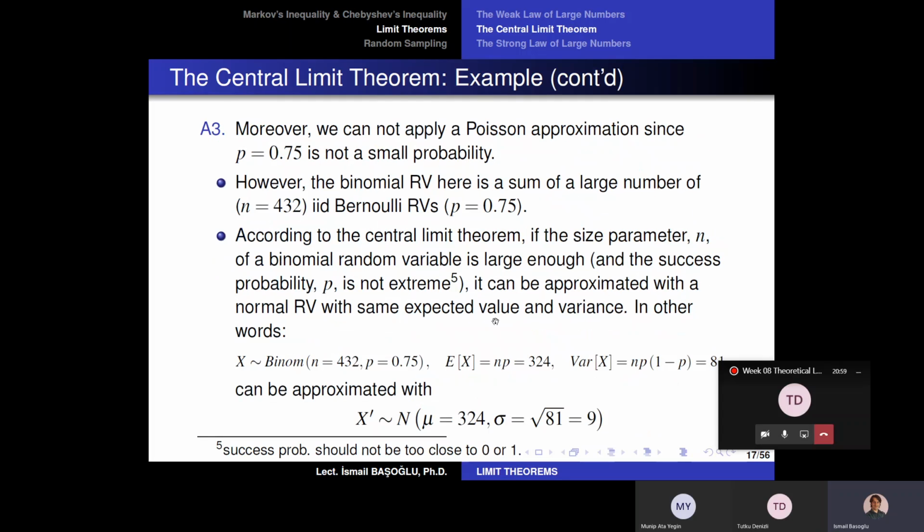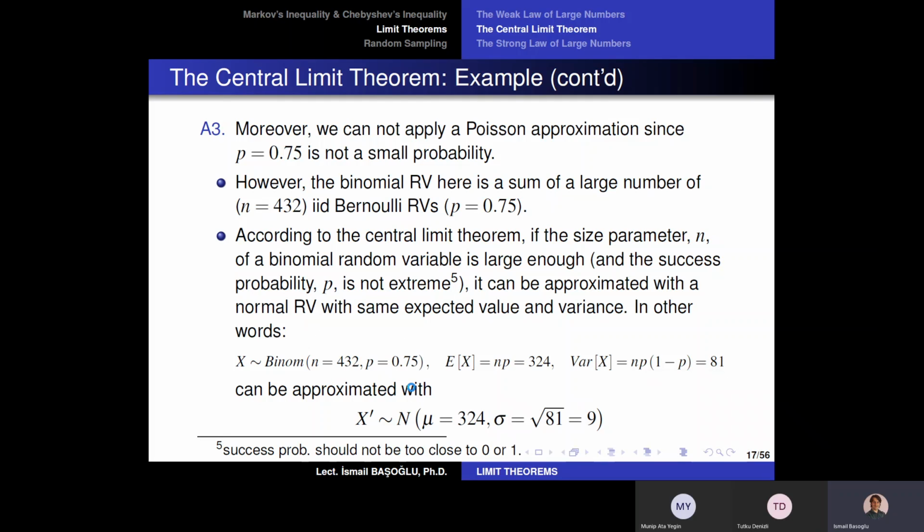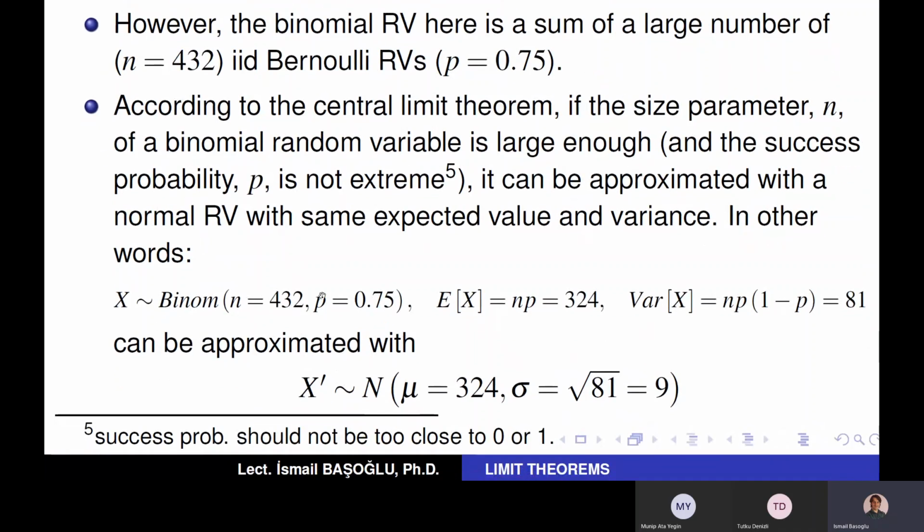So what I am going to do is this. I cannot apply Poisson approximation. I cannot calculate the direct probability without using a computer. I can apply the central limit theorem since the binomial random variable is the sum of independent Bernoulli random variables, which are identical with success probability p. And since my size parameter 432 is sufficiently large, I'm not going to calculate that probability with a binomial random variable, but I am going to approximate